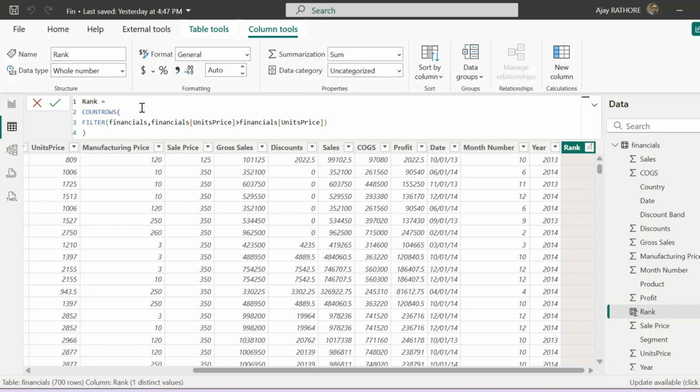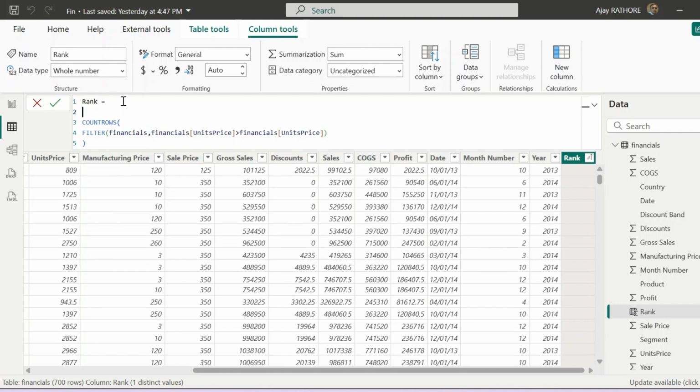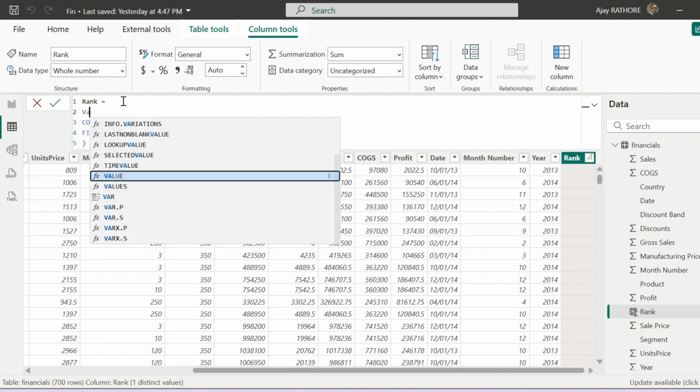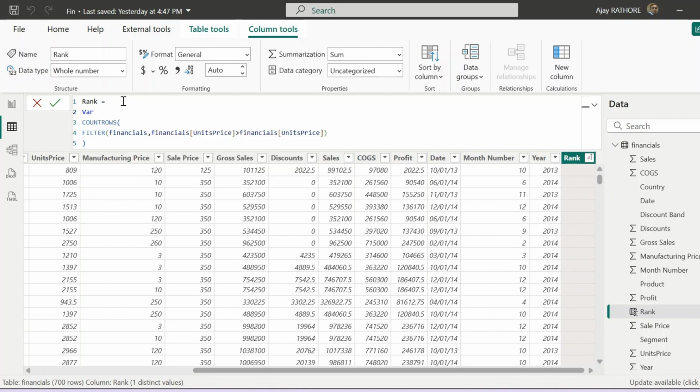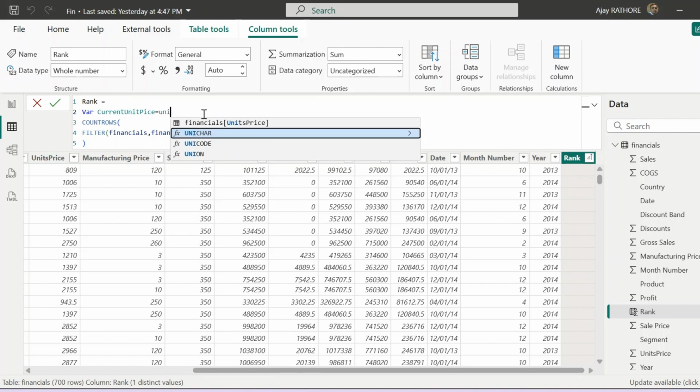We can achieve the outer row context using a variable. For that we need to create a variable using the VAR keyword, and name it, sorry, current unit price. We can name it correctly, current unit price, and just reference the same column, unit price.